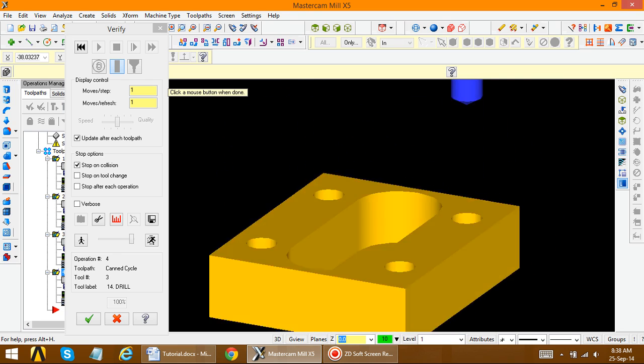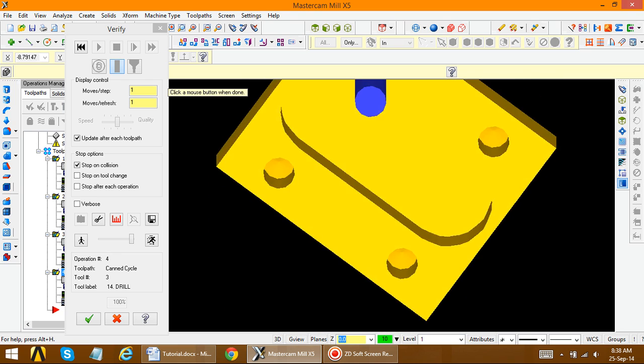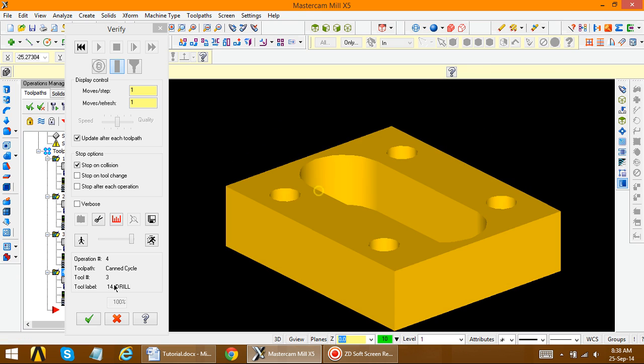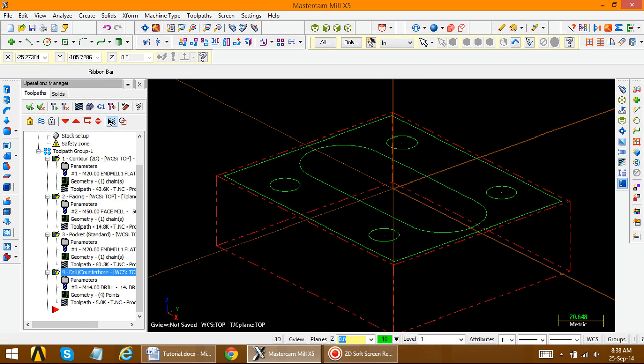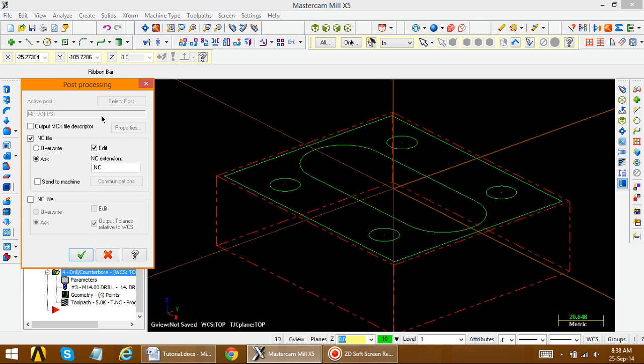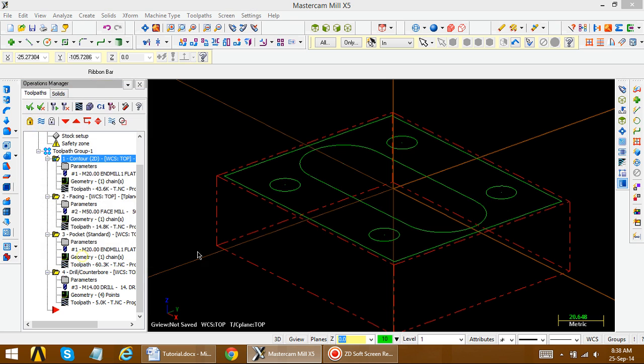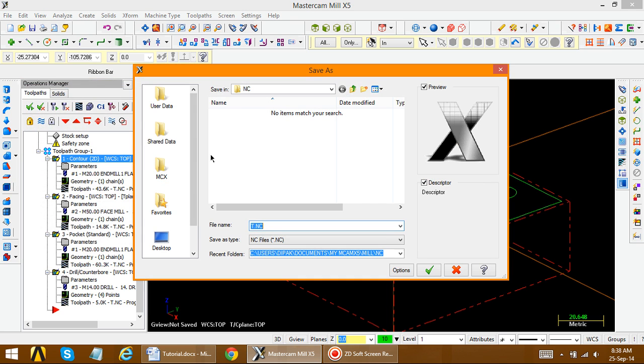So this is the geometry. Now to generate the program, go to G1, click G1, and the post should be NC, do not change anything here. So save the program where you require.